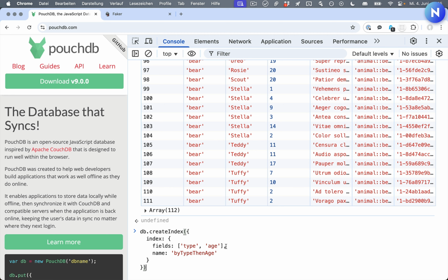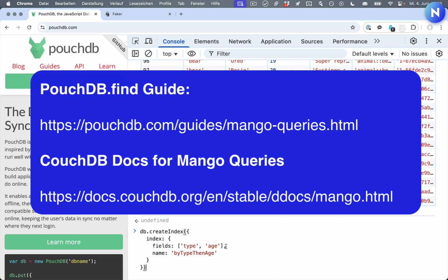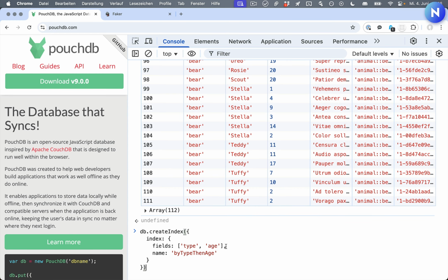Now in CouchDB and PouchDB, it's really important in which order you add fields to an index. I'm not going to go into details on why this is or what you need to know, but rest assured that both the PouchDB and CouchDB documentation go into great detail on this. PouchDB has some really nice approachable examples as well. For now, all you need to know is that if we want to find, say, all crocodiles under the age of 10, we need to index first by type and then by age. So let's go and do that.